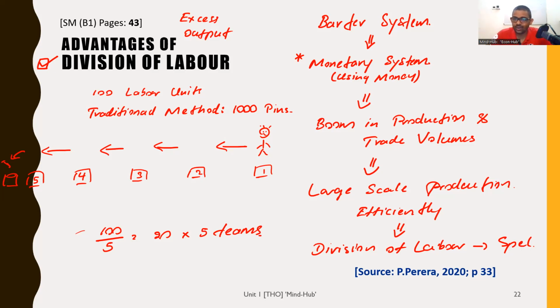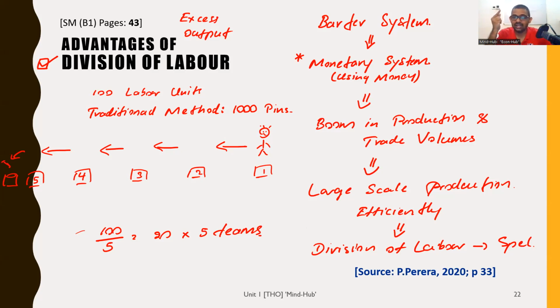Now, if I have been teaching only economics, not business studies, not accounting, only economics, and mainly only for advanced levels, local advanced levels, for 18, 19, 20 batches, then I should develop what? What is the term? Yes, a special skill. Yes, good. There's a word we are looking for. With division of labor comes what? There we go. Specialization, isn't it?